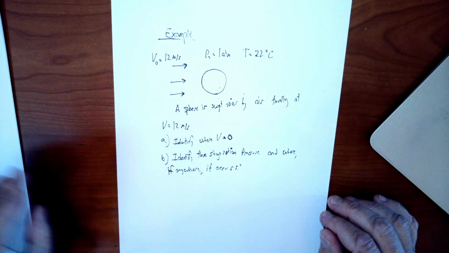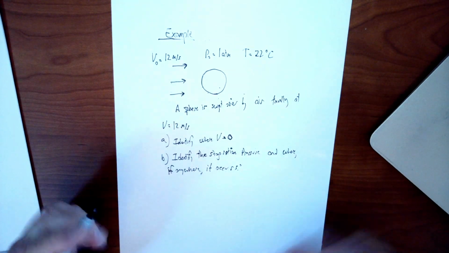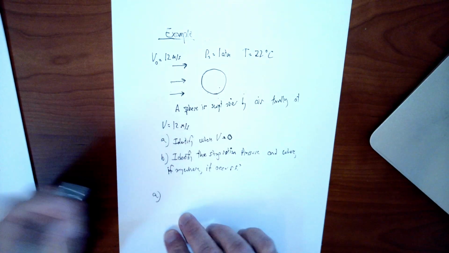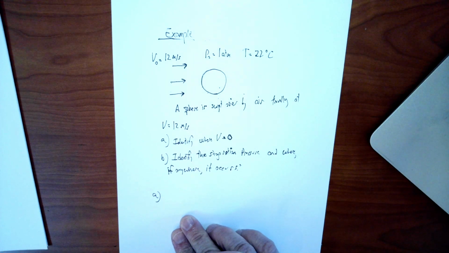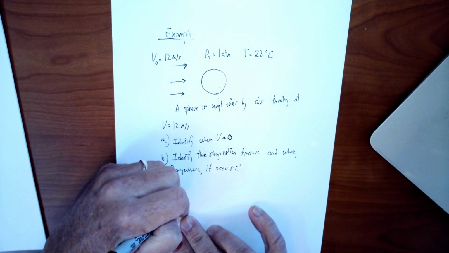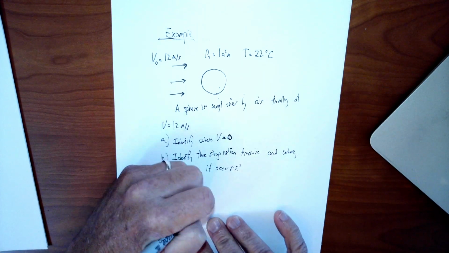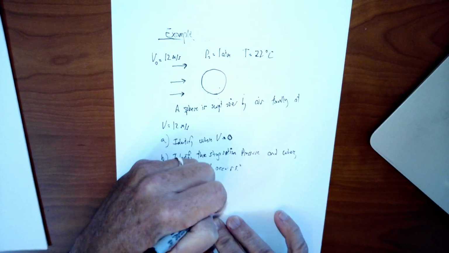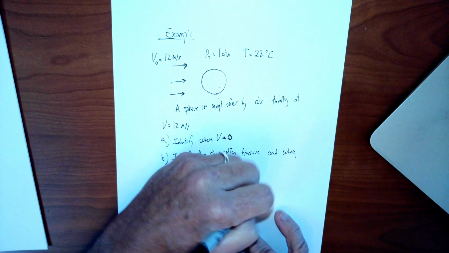Okay, assuming you're back, having successfully solved the problem maybe. Part A is quite easy. Hopefully you immediately identified that the velocity is going to be zero every single spot on the surface of the sphere. The no slip condition says that there will be zero velocity everywhere that the fluid is in contact with a solid surface. And the solid surface is the surface of the sphere. So everywhere on the surface of the sphere,